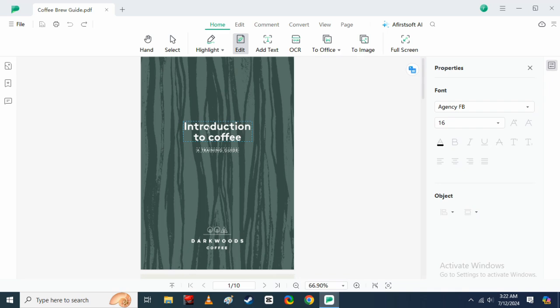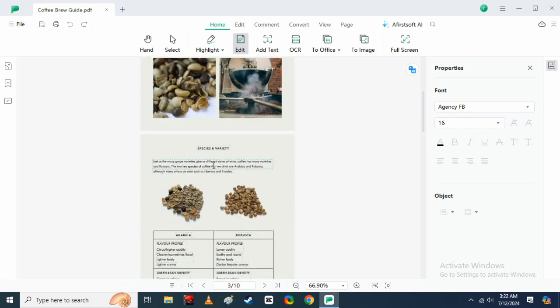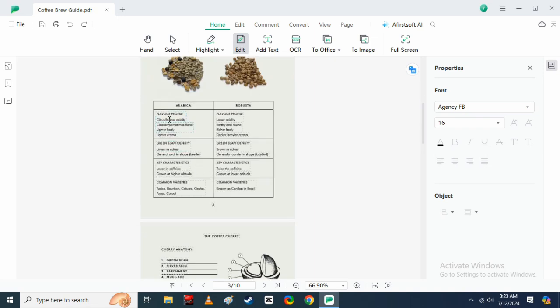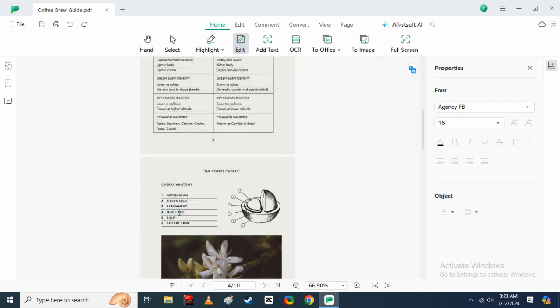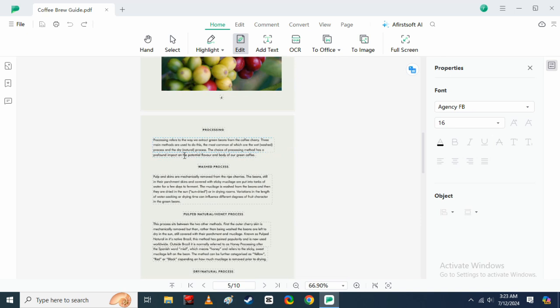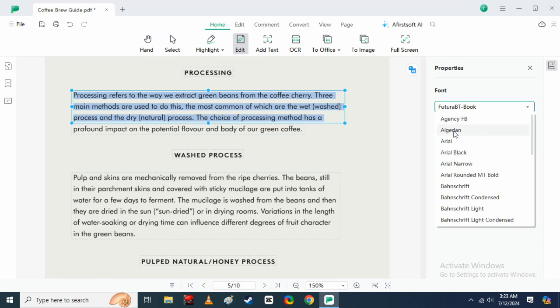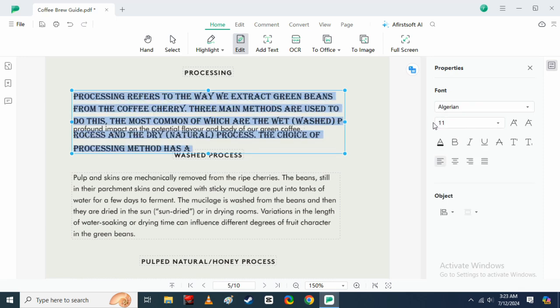Now, in terms of editing, if we click on the Edit tab, it automatically identifies and segregates groups of words or phrases into these box clusters, which makes editing easier. And it's not just titles and subtitles. As we browse through this file, you can see that it also works with tables and with paragraphs. So if we want to edit this portion, just click on it, and then it allows us to change the font style, size, or even add some text.